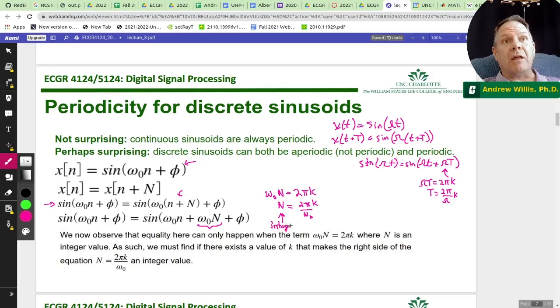I'm going to say this a number of times during this derivation. So if we've got 2 pi on the right-hand side, and k, we also know that k is an integer. It's some multiple of 2 pi, right? Well, this can only be an integer. What does that require of omega naught? To just get rid of the pi on the right-hand side. Yeah, omega naught has to